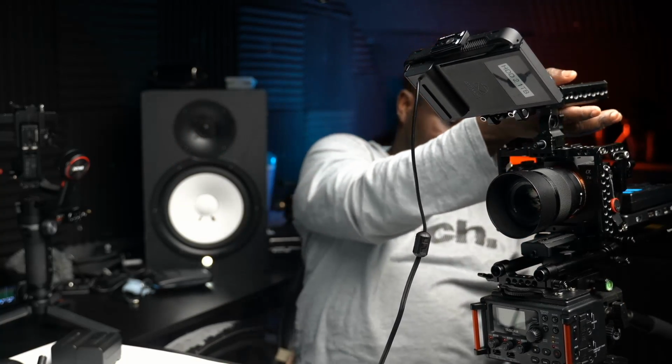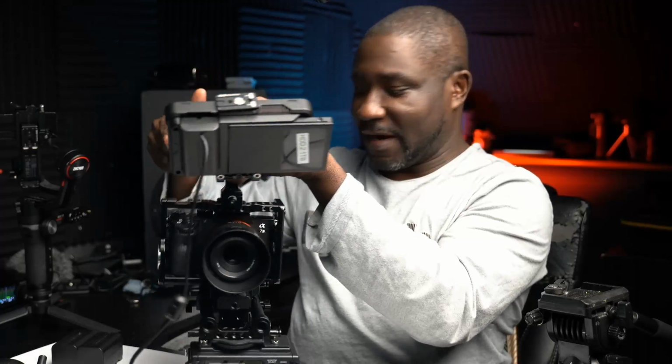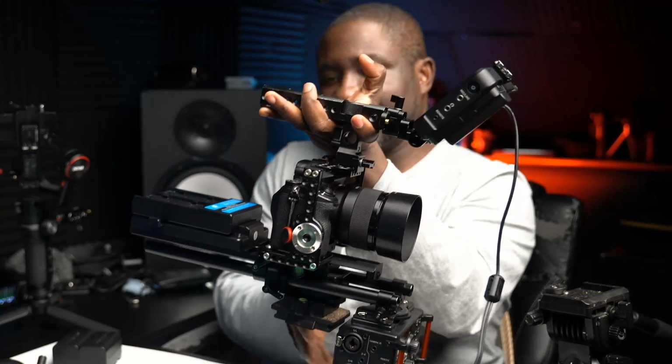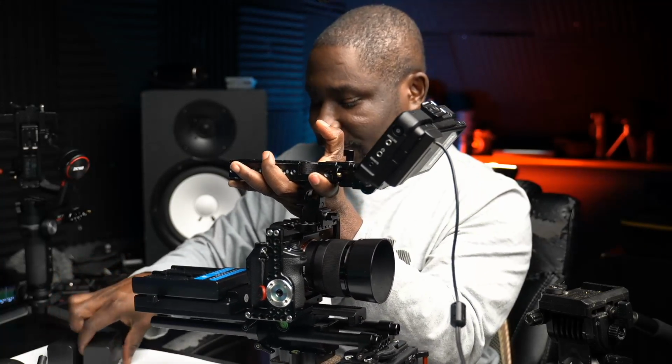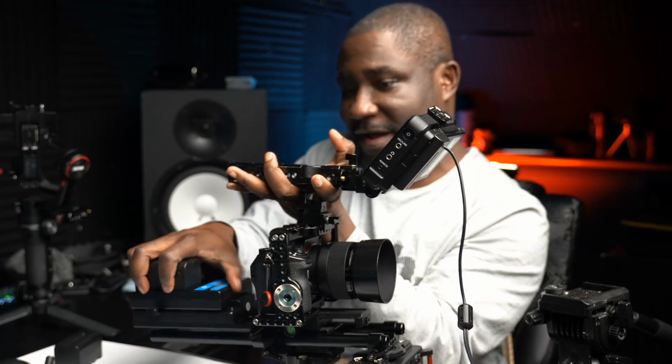So there we go. Let me take this whole thing off the tripod and then we can rig it. And that's how easy it is to go handheld. Whenever I'm ready to go handheld, here we go. I'm going handheld. And as you can see, it's really balanced, because I put this in the front here, giving it a little bit more weight in the front. And the battery system, or the power system I have right here,